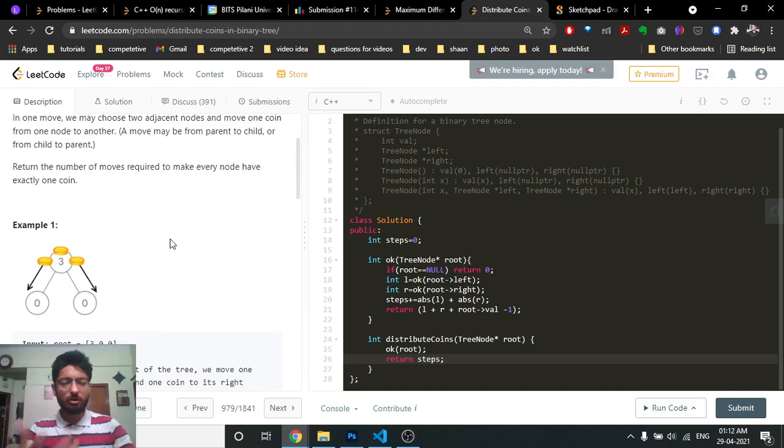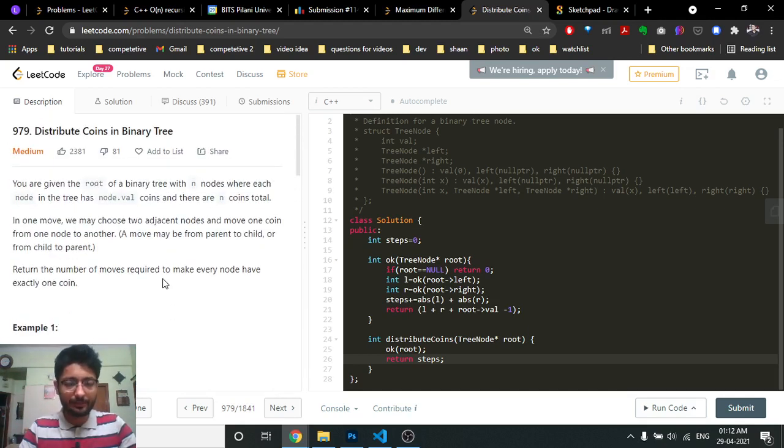As you have seen, I have posted a lot of binary tree problems in a couple of days, around 6-7 videos. But as you can observe, I always write a recursive solution in which I have to somehow get some information from the left side and the right side, process it, and then give it to its parent node and so on. A recursive problem always states like this: you have to find out the base conditions, the intermediate root conditions, the leaf node conditions, and then what is the information I want to get from that node, and what is the information I want to carry forward to the parent node.